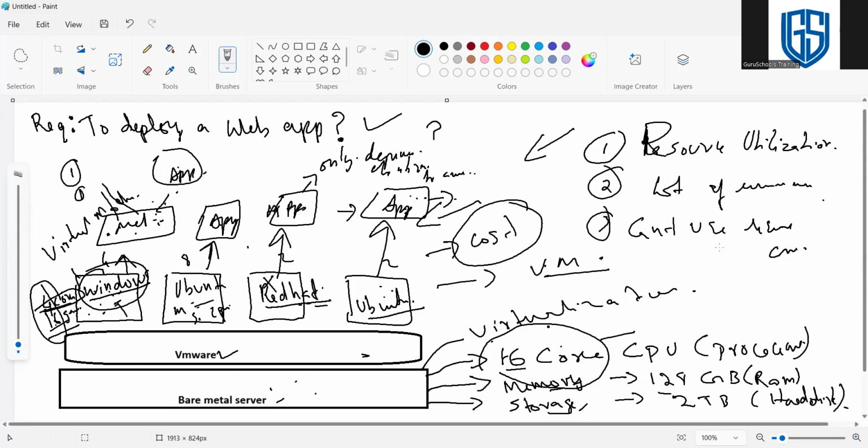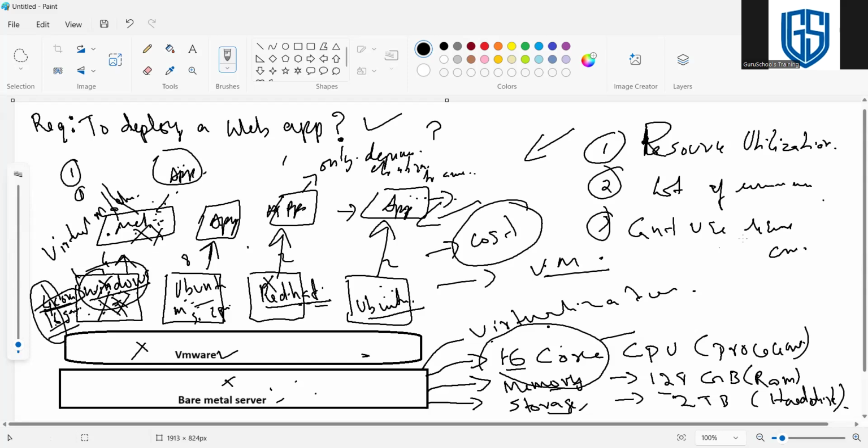Good. The next thing is we are running applications. Here you can see that each application runs using an operating system, Windows, Linux, like that. So for example, if any issue happens within the operating system, our application is down, right? The bare metal is running fine, VMware is also fine, but if the application has some issue or problem, our application is down. So that's another scenario. We need to go to the Windows machine, enter it, troubleshoot the issue and run it back. So that's another issue that we face.